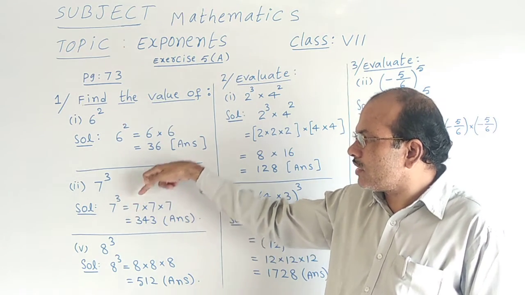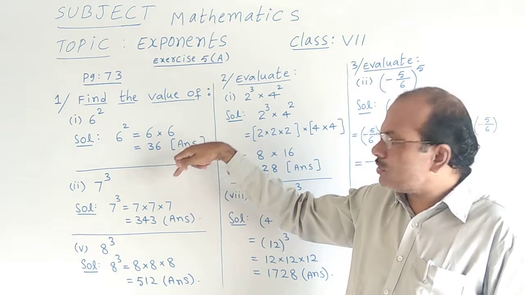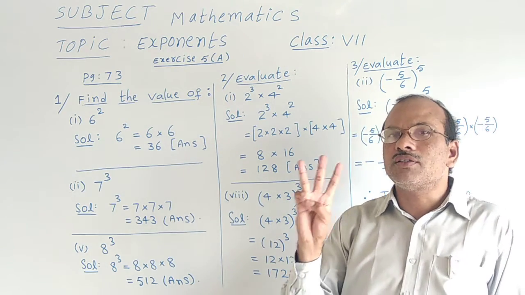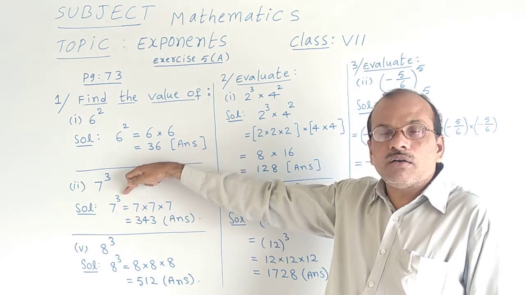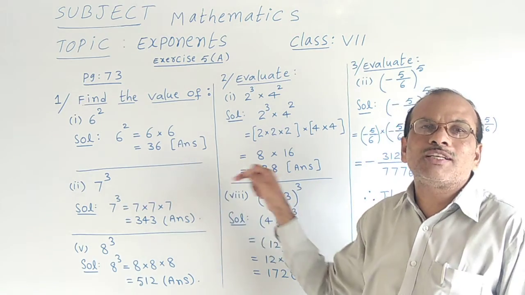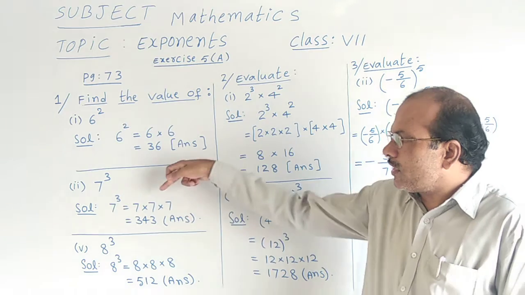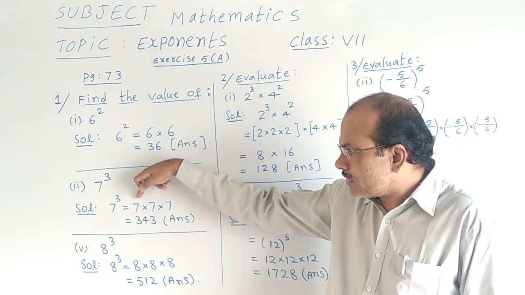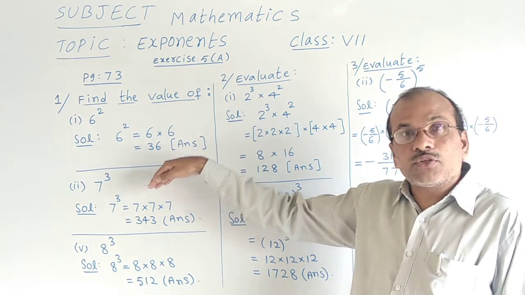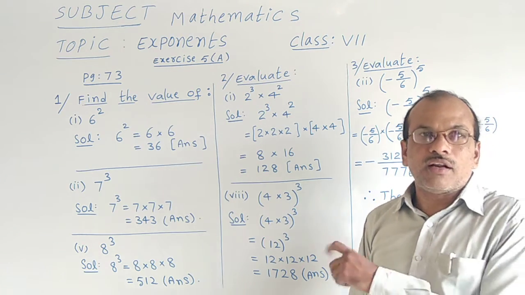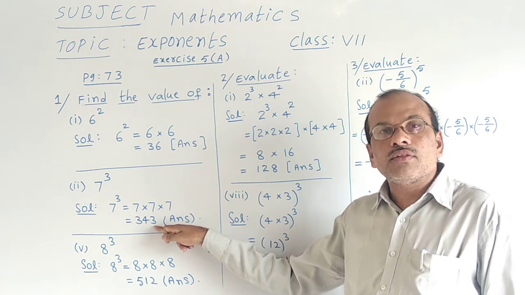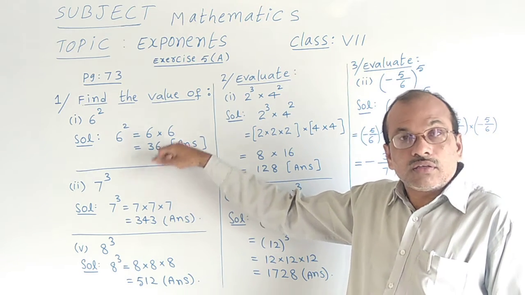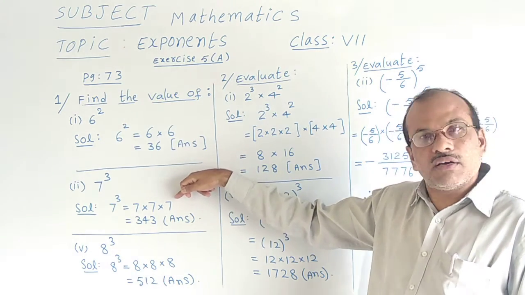7 to the power 3 is equal to 7 into 7 into 7. 3 times I have multiplied it by itself. 7 is multiplied by itself 3 times, because its power always tells us how many times we should multiply the base. That's why 3 times multiplied. 7 into 7 is 49. You know that fact, 7 sevens are 49. 49 should multiply with 7 in the rough. Then we will get the answer 343. Again I am saying, 7 into 7 answer 49. That 49 should multiply with 7 again.